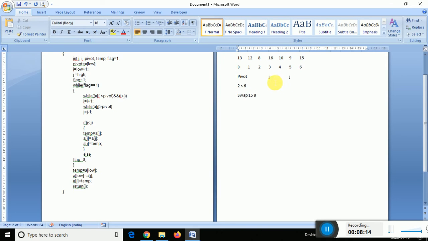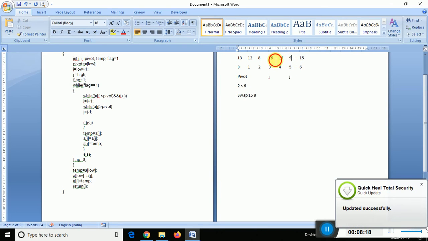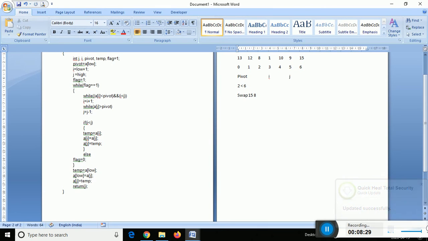Then both will get swapped. 16 and 9 will both get swapped, that is 9 will come here and 16 will come here. So that is done here.